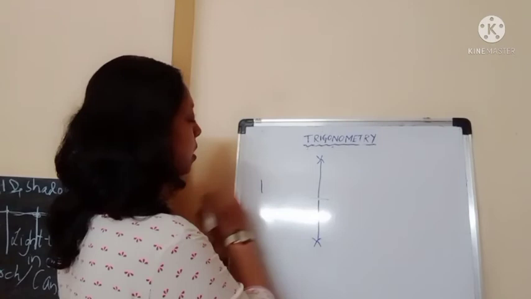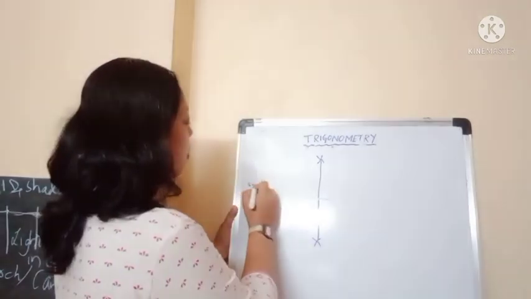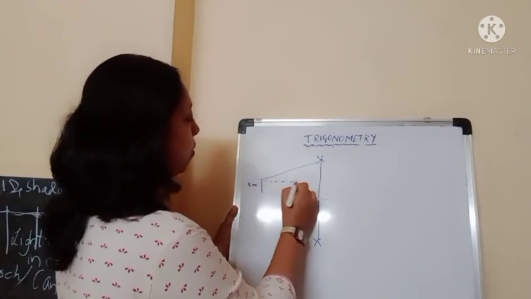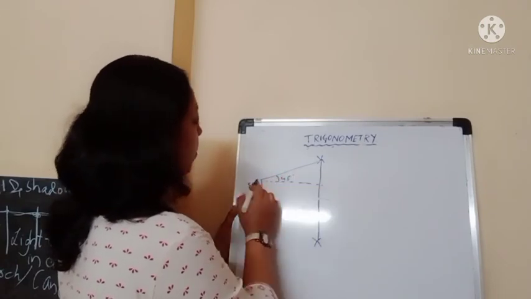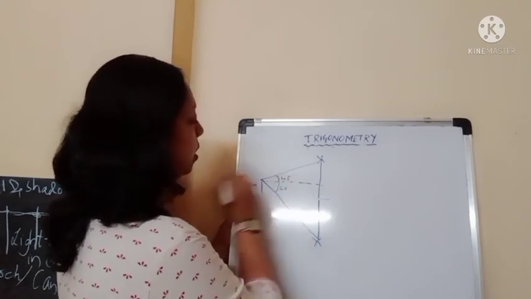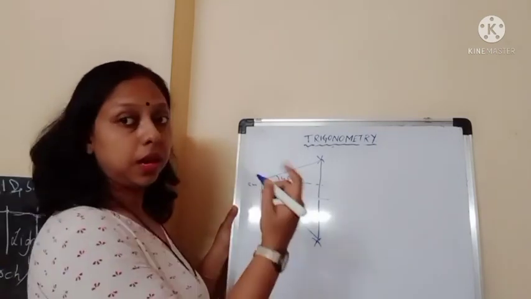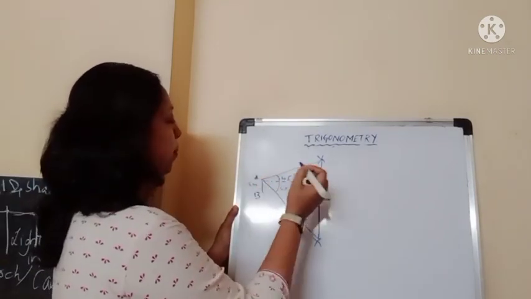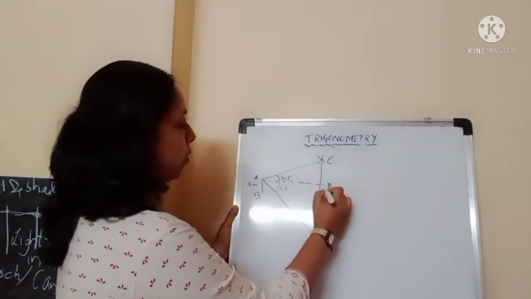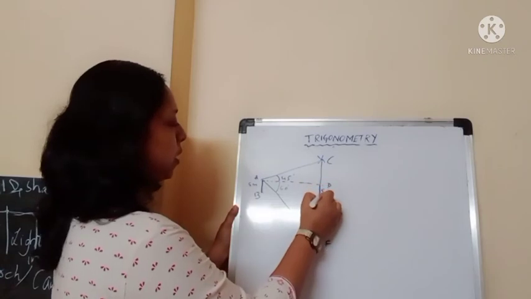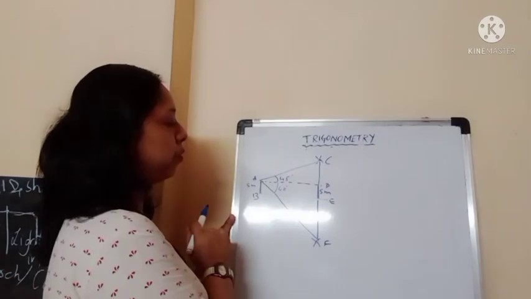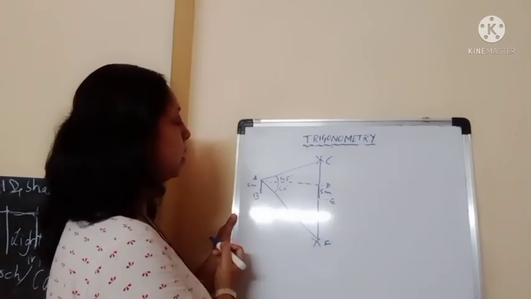Now the observer is on a boat which is 5 meter from the water level. So the angle of elevation is 45 degree, and from here the angle of depression is 60 degree. So let's name them first: A, B, then C, D, E and F. Now this one will also be 5 meter because this one and this one are perpendicular, and these two are vertical, these two are parallel and these two are also parallel.